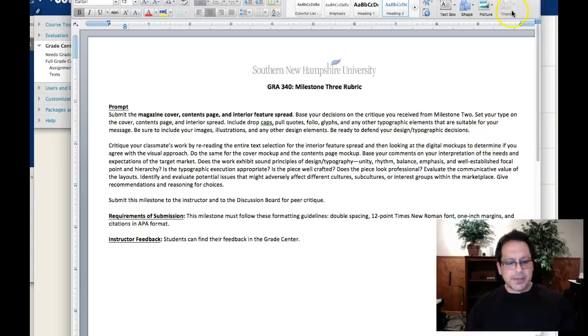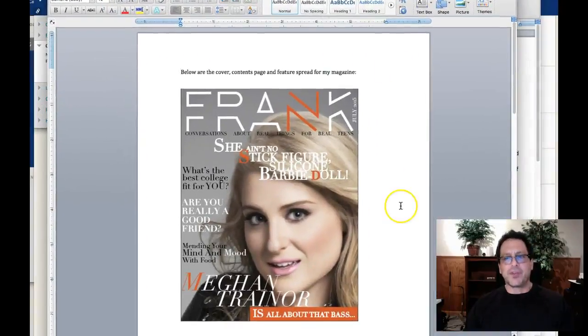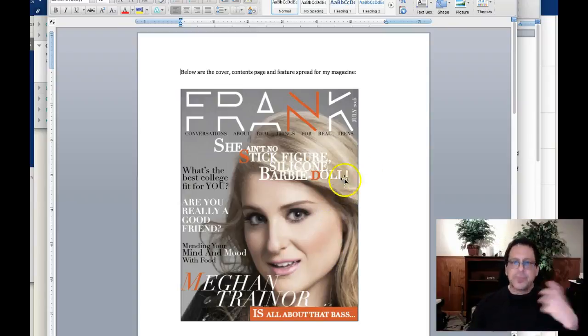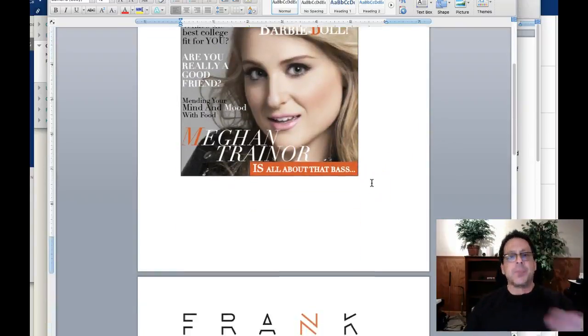Okay, so let's take a look at an example here. This submission was one of the spreads that was one of the choices submitted the prior week. As you can see, she's got things really set up nicely, and for a reason. So what we did from here is we just fine-tuned some things. We adjusted the image, some of the type relationships, some of the spatial relationships, and some hierarchy and things like that. But this was how she interpreted all of the critique up till now, and then this is her